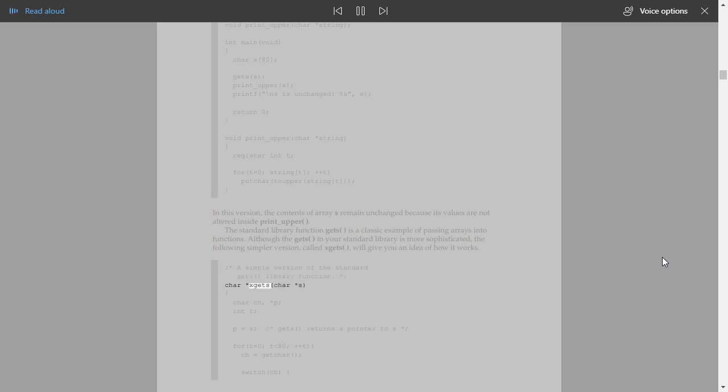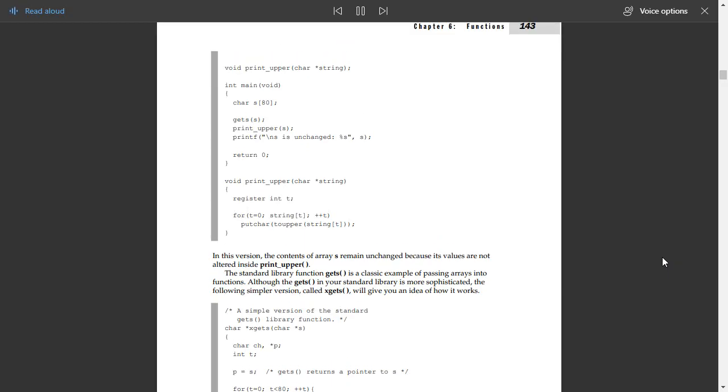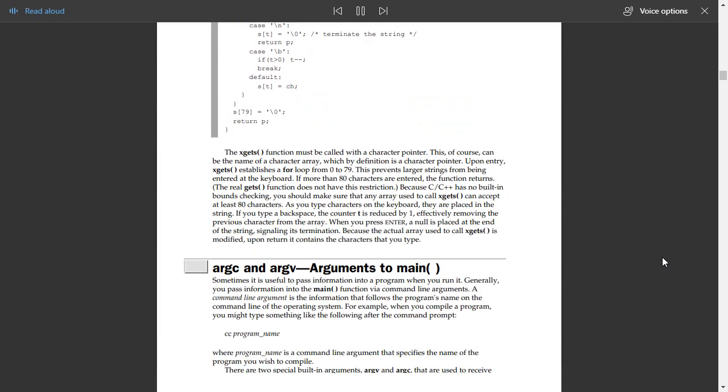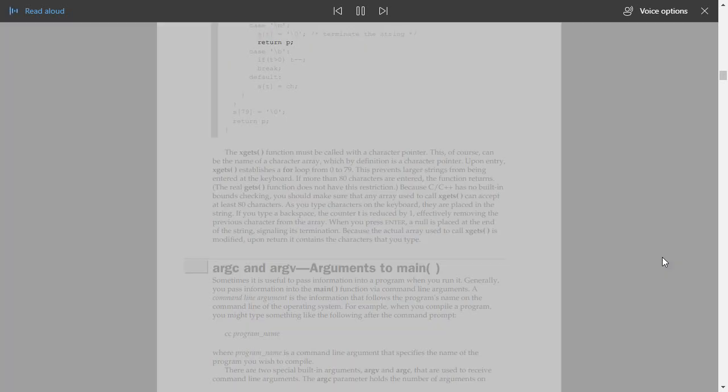char *sgets(char *s) { char ch, *p; int t; p = s; /* sgets returns a pointer to s */ for(t = 0; t < 80; ++t) { ch = getchar(); switch(ch) { case '\n': s[t] = '\0'; /* terminate the string */ return p; case '\b': if(t > 0) t--; break; default: s[t] = ch; } } s[79] = '\0'; return p; }